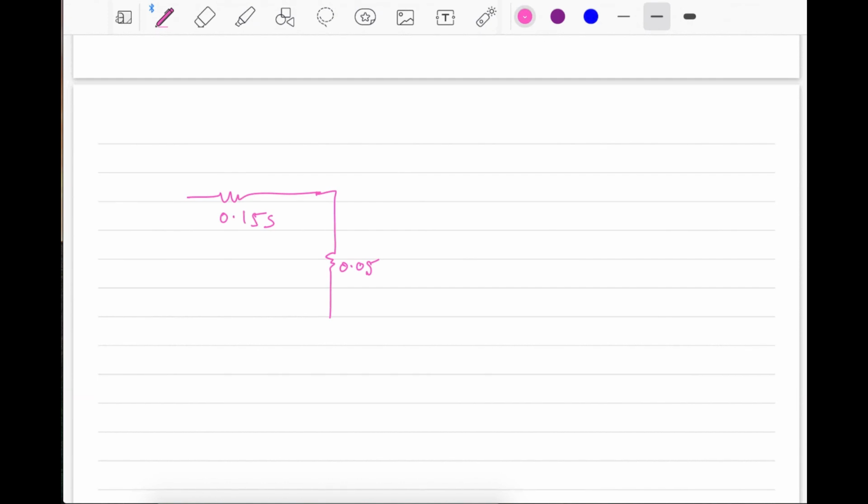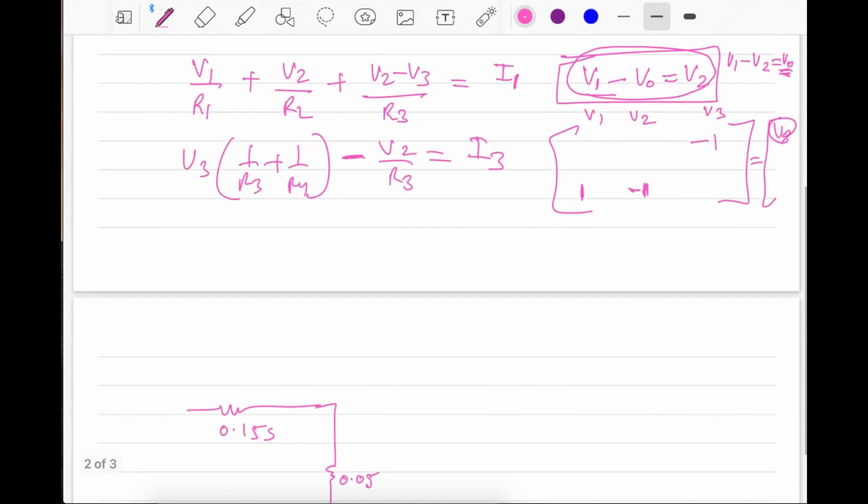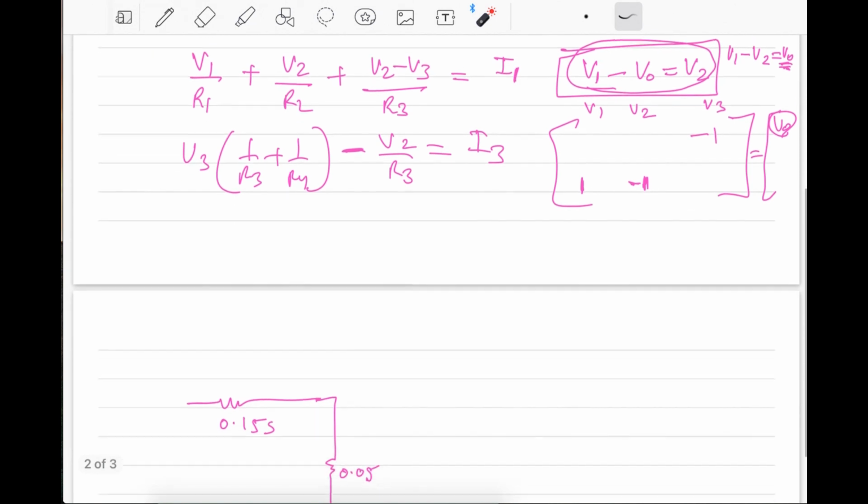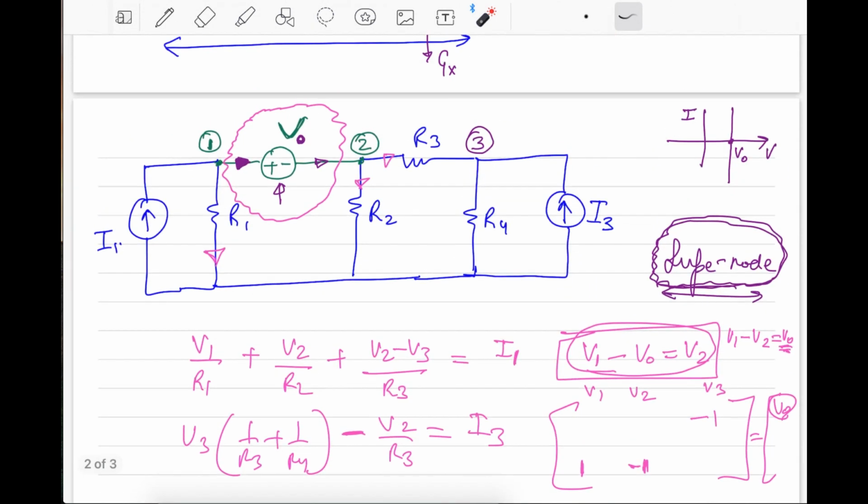Sir, and when can it be used? Like I'm giving you that simple case here. The first case where you can use it is this one, as I told you here, because you have a simple voltage battery connected between the two nodes. This is the first situation where it can happen. And the second situation where it can happen is like, let me show you that also.